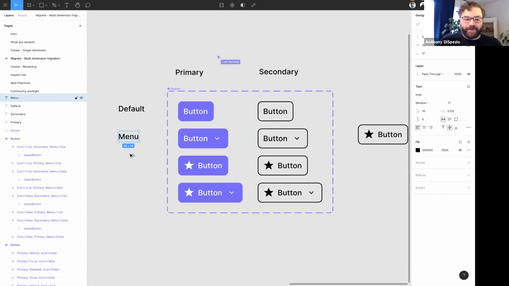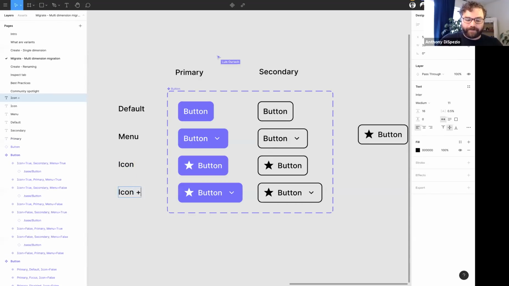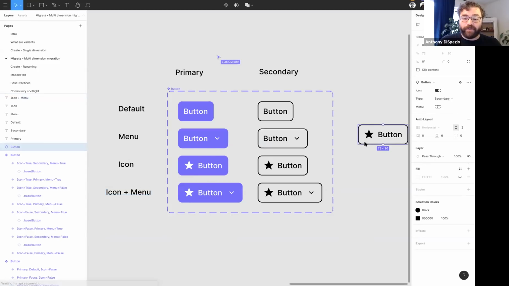This could just be menu, and this could be icon, and this can be icon and menu, right? Again, how literal you want these to match up one-to-one to your properties is really going to depend on your team, and probably a design decision that you should make. I do find that having more readable names here probably makes a lot of sense. If somebody can interpret what that's supposed to mean and then go over and read the values,